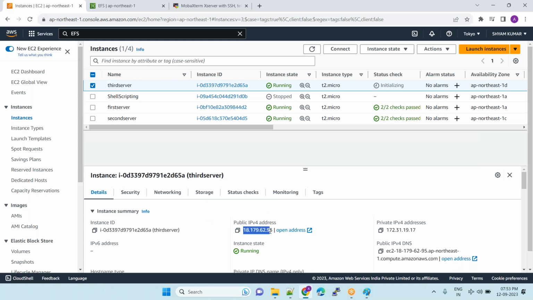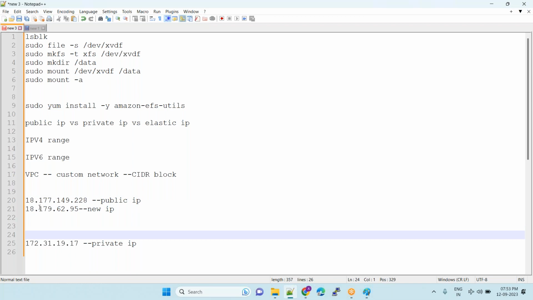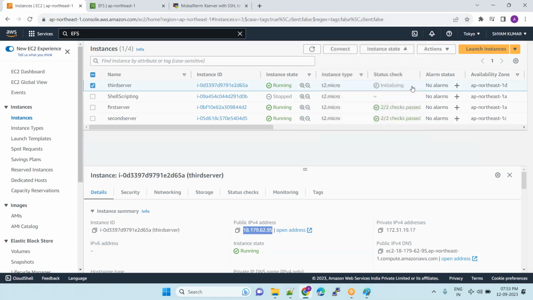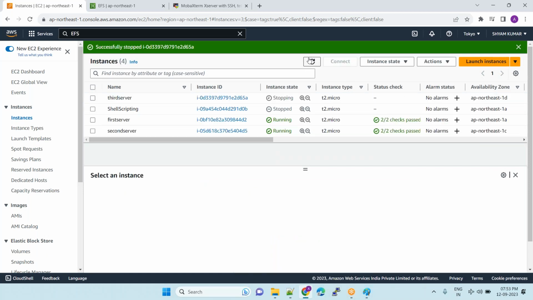So what IP address are you seeing here? When you restart the server again, this IP address will go now. So I can take this IP, I can copy this IP. This is my new IP. So when I stop this server again, the public IP goes off, again it becomes empty. So after some time, or tomorrow or the day after tomorrow, when we start the server,